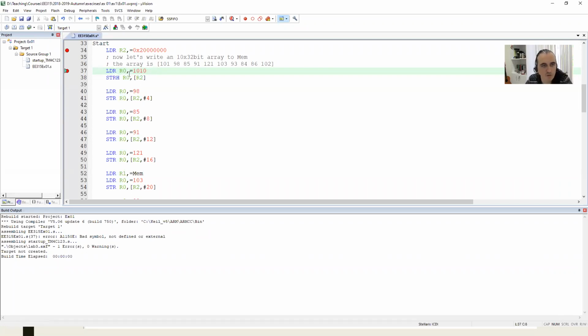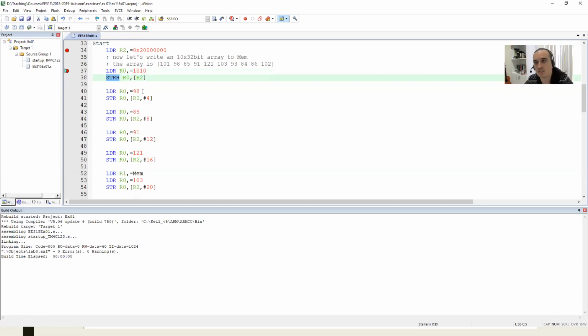Don't worry, we are going to use the STRH. So I guess it is this. Okay, don't worry. So we are doing this example. I'm saying that LDR is 32 bits. I'm using STRH, which is 16 bits. What will change? Since this is 16 bits, what's going to change is,